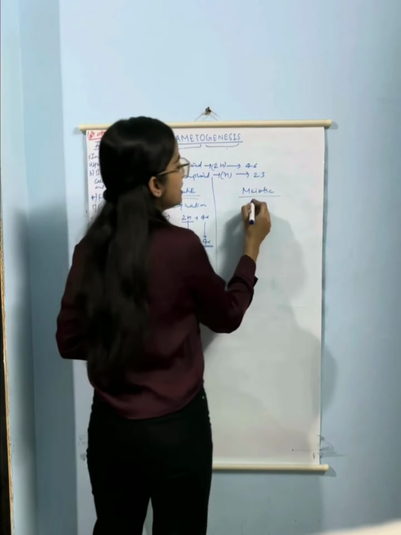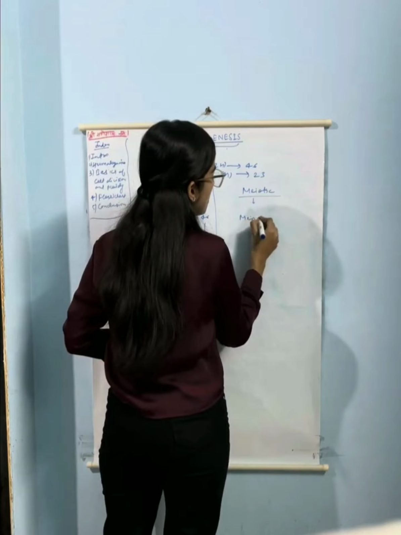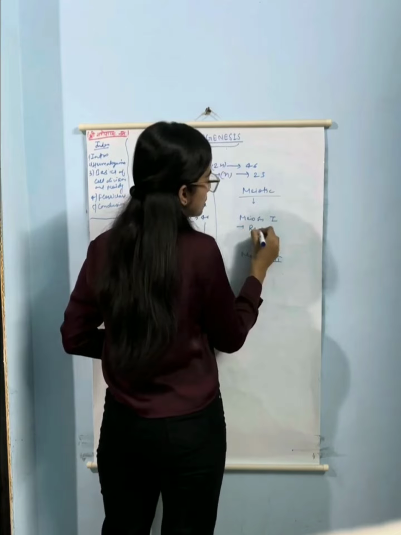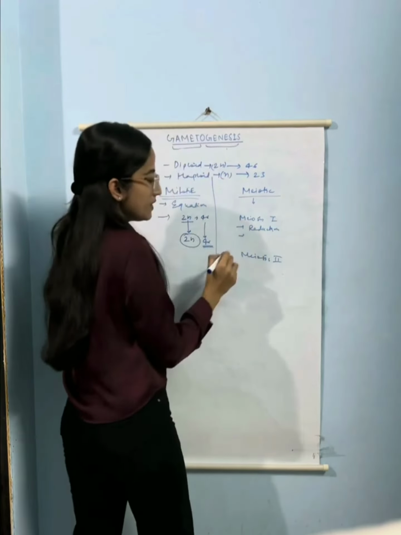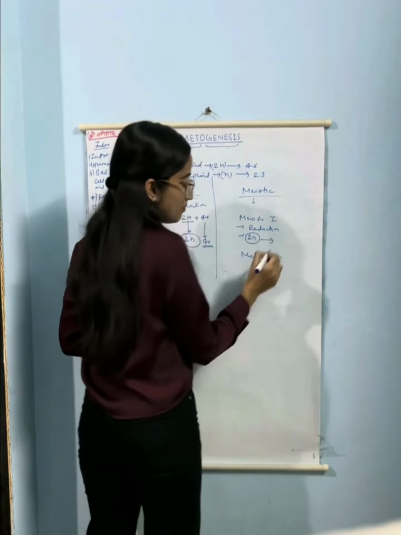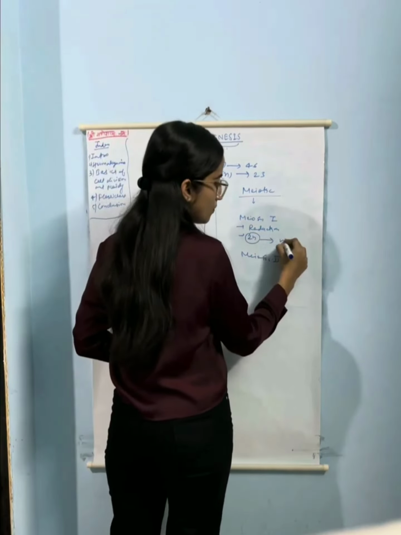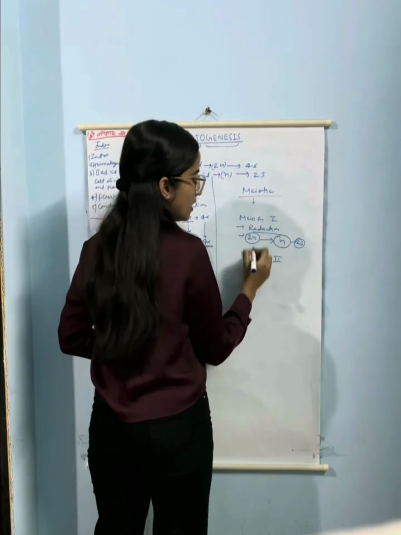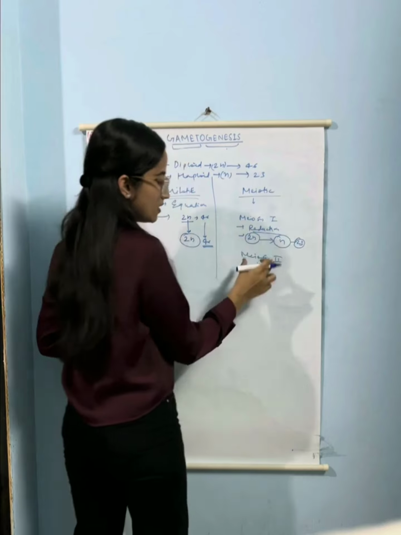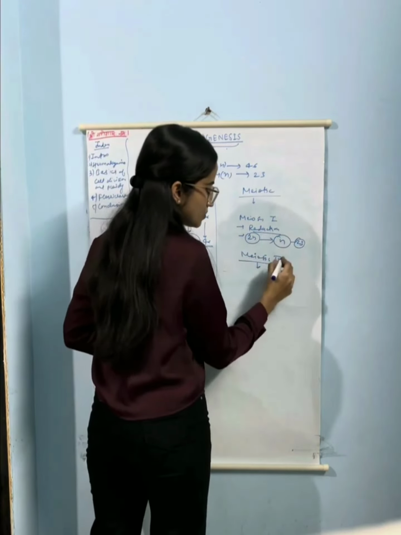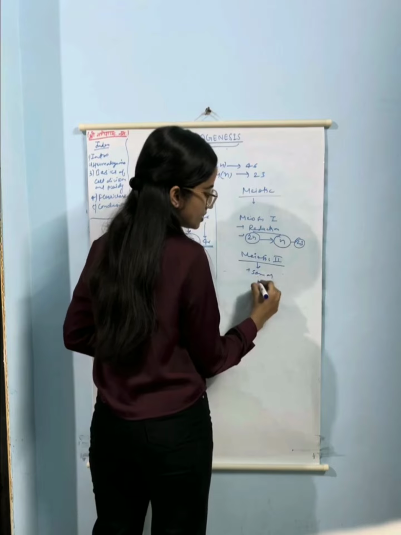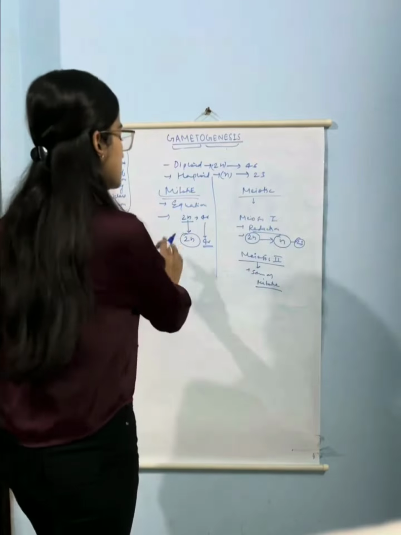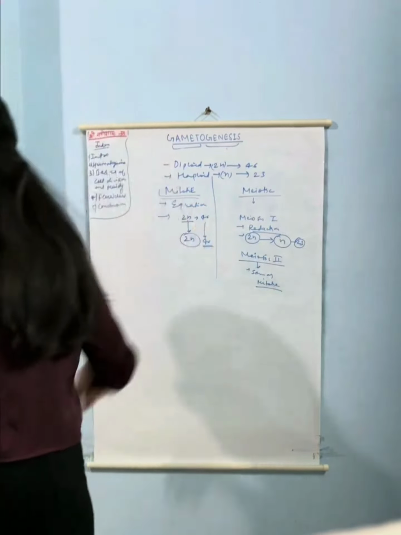Meiotic division occurs in two phases. First is meiosis 1 and second is meiosis 2. Meiosis 1 is a reductional division, which means that if in the parental chromosome the ploidy is 2n, in the daughter chromosome the ploidy will become half and the chromosome number will become half, because it is a reductional division. Then meiosis 2 completes the division, and meiosis 2 is the same as mitotic division. It is an equational division and there will be no change either in the ploidy number or in the chromosome number. These basic differences between mitotic division and meiotic division you should know.